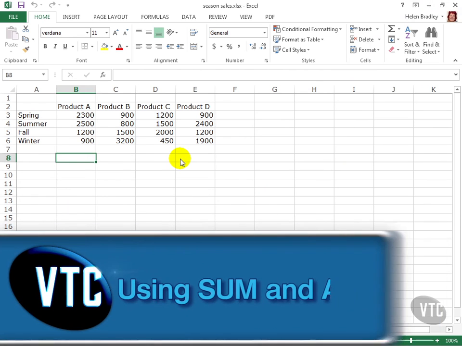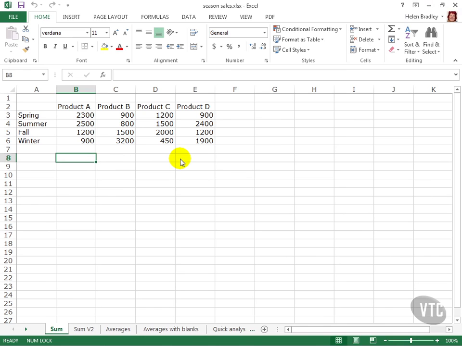Once you have data entered into a worksheet, it's time to think about making calculations on that data. For example, here we have the sales figures for 4 products for 4 seasons of the year. We're interested in the sales of product A for these 4 seasons. I'll click in this cell where I want to put the total, and from the Home tab of the ribbon,